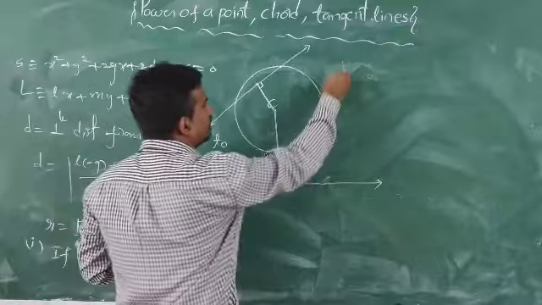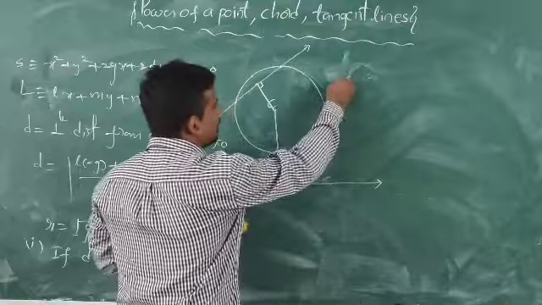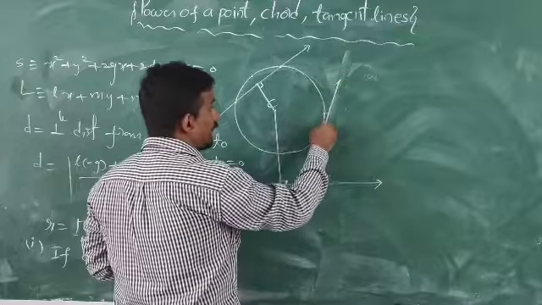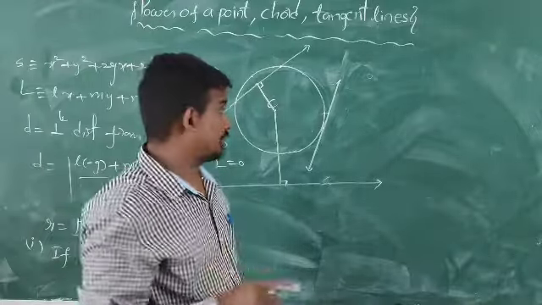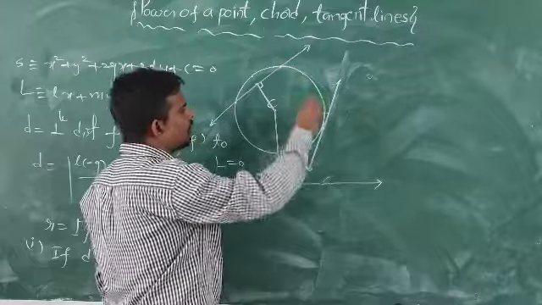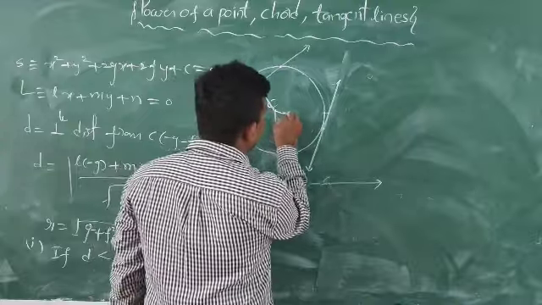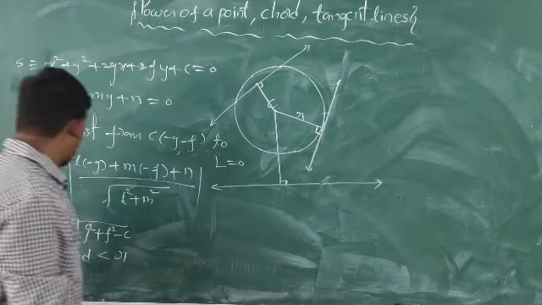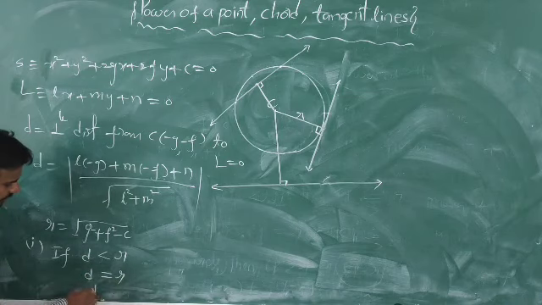If you take another straight line, not a line segment, that meets the circle at only one point, it touches. Then the perpendicular distance from the center to the line will be the radius. So from this we may conclude that if d is less than r, or d equal to r, or d is greater than r, we have three cases.